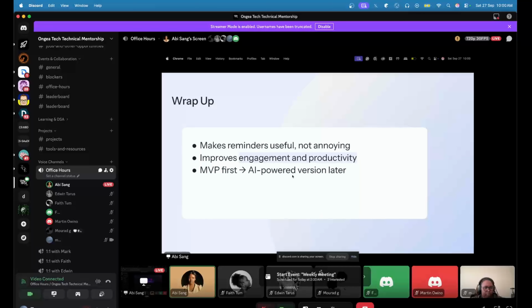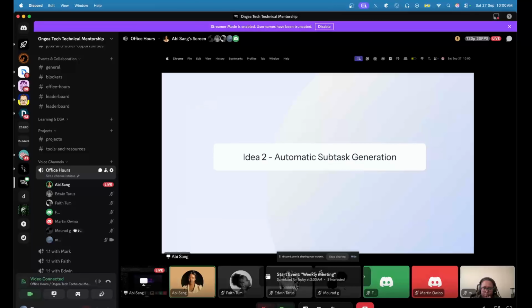So basically, in summary, smart reminders make notifications more useful and less annoying. They can significantly improve user engagement and productivity. We can start with an MVP using heuristics and later grow into a fully powered AI version. For the second idea,